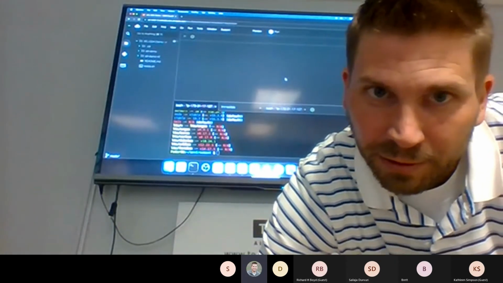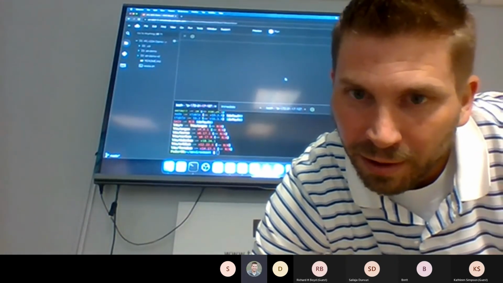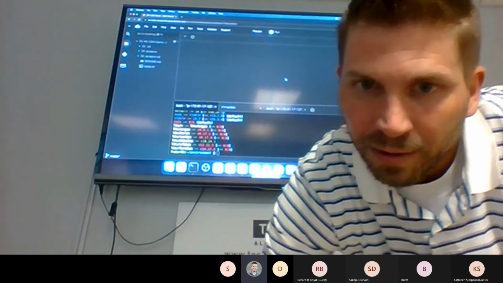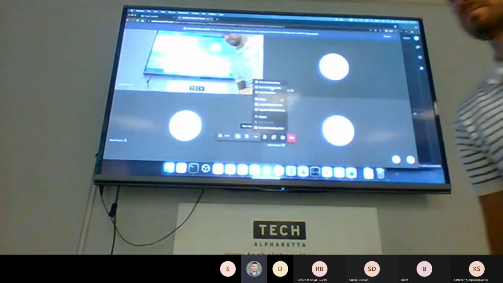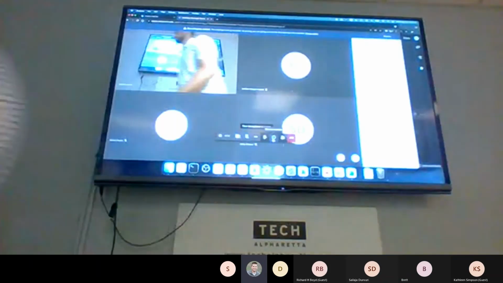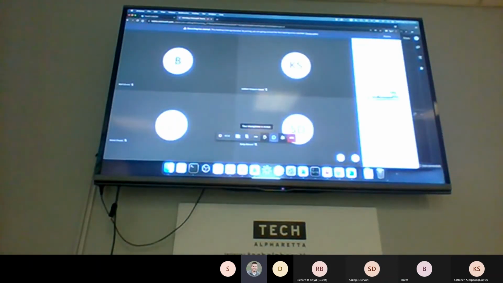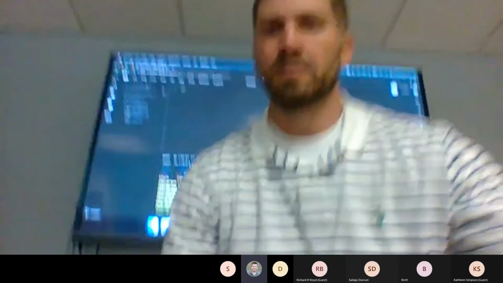No, the browser app doesn't allow you to share. Is that what it is? It says they can see it, but they can't read the text. Maybe if you can just talk through it as best you can. We'll try this.